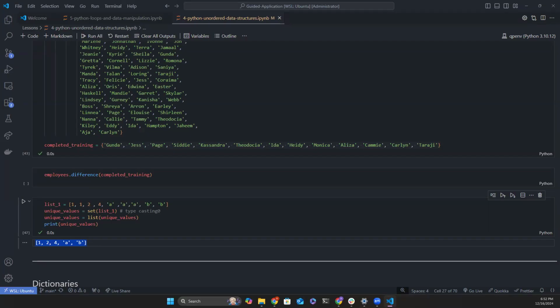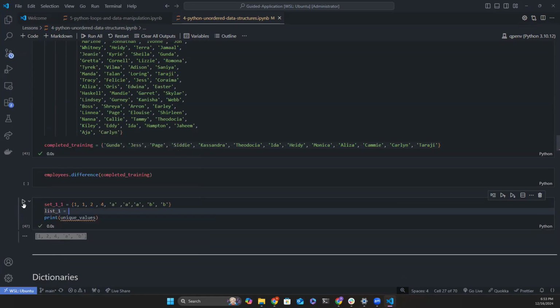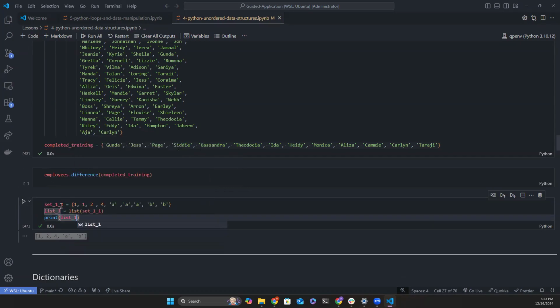It is similar to converting a set to a list. Thank you. Okay, I got it. To convert a set to a list, yeah, absolutely. If we change this into curly brackets or curly braces, let's say this is set 1. And then if I did list 1 is equal to list set 1, I can print this list out, and it'll work. But notice,